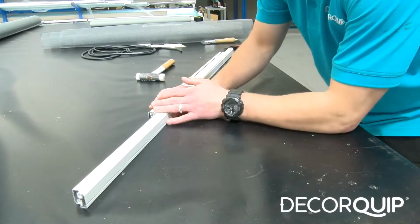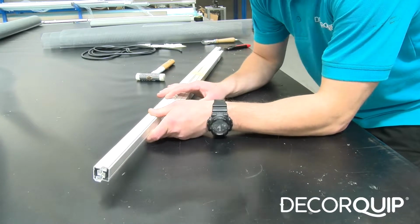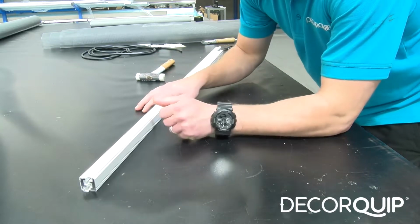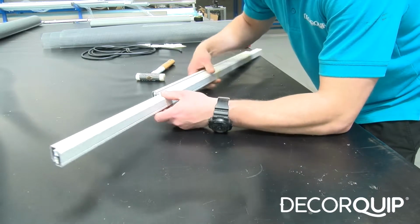Hello, today I'm gonna show you step by step how to make a fixed insect screen. To make the blind we need the following